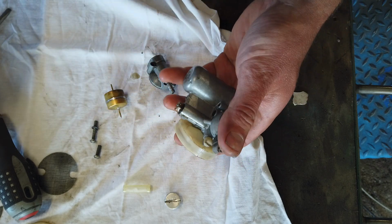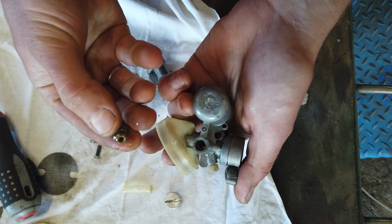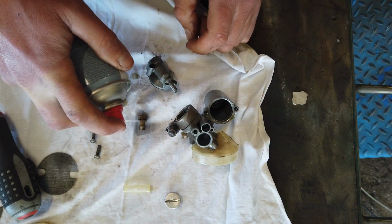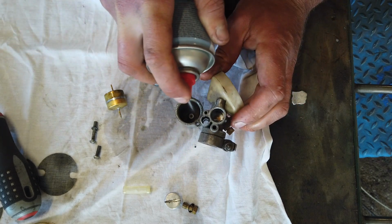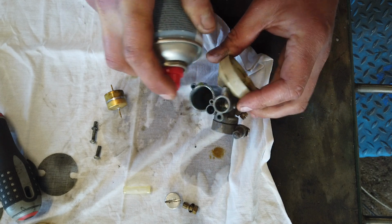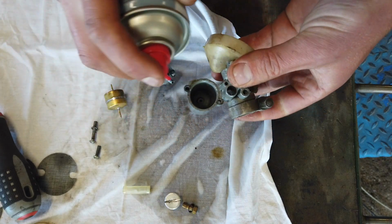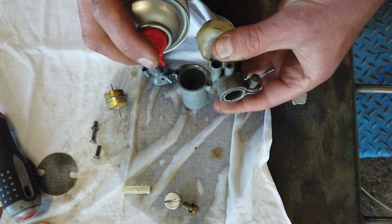Let's get the jet out. Everything seems nice. It's just gummed up with old fuel. Let's try to fill this up to get that nasty rubbery fuel out. And it is running to the nozzle down there, so the passage from here to here is also working. That's fine. I'm just going to block it with my finger,